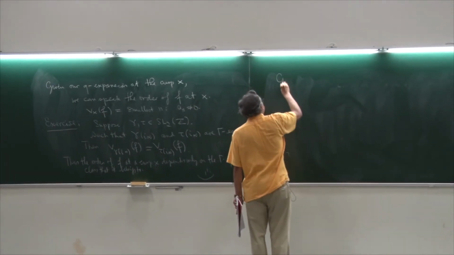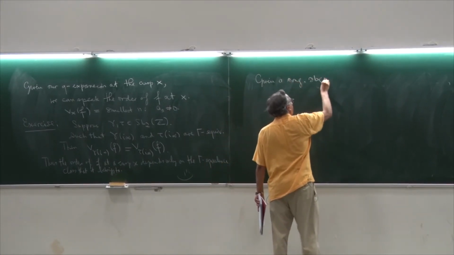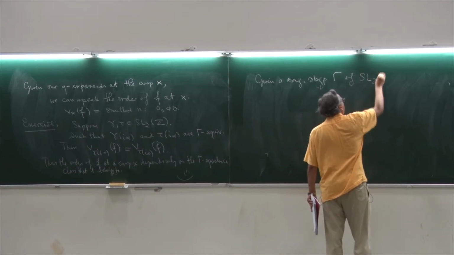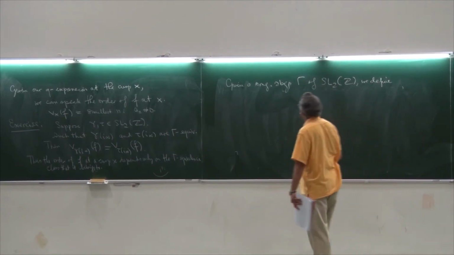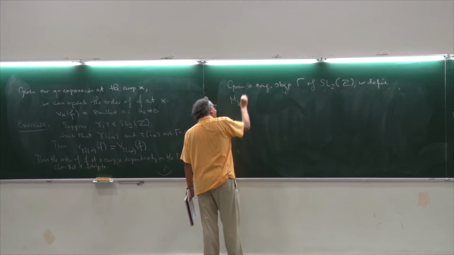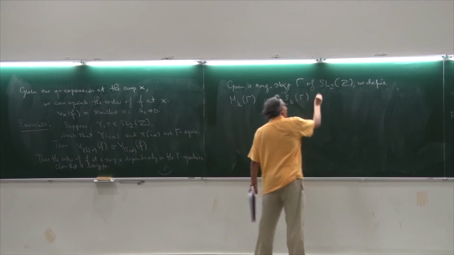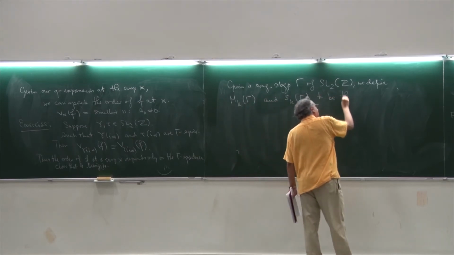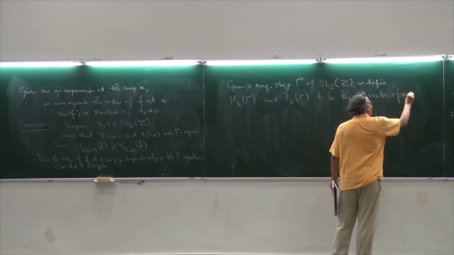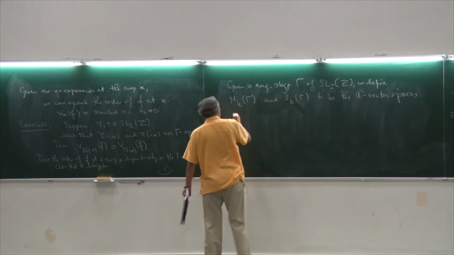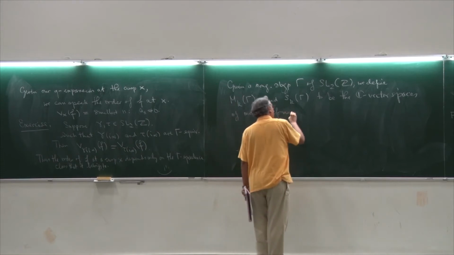So given a congruence subgroup gamma of SL2Z, we define the space Mk of gamma and Sk of gamma to be the C vector spaces of modular forms of weight k